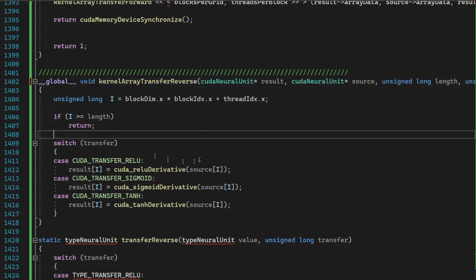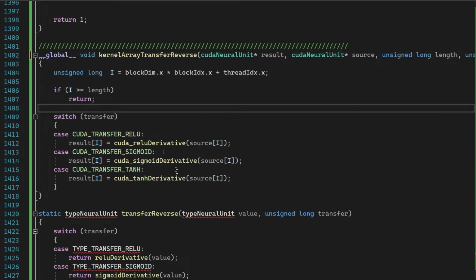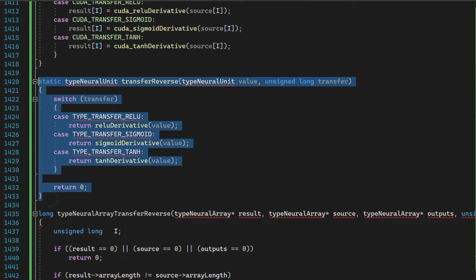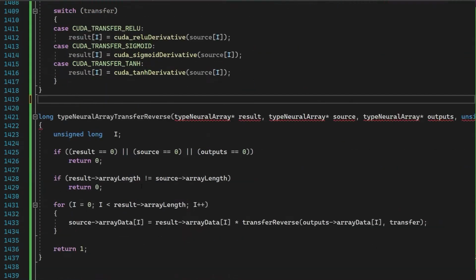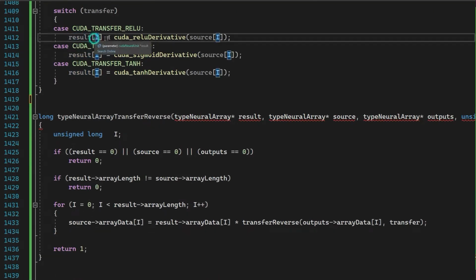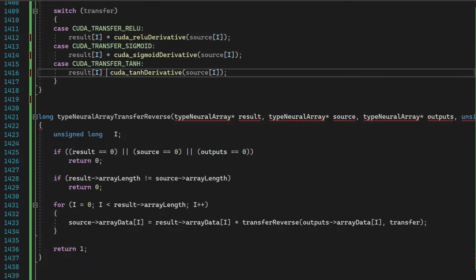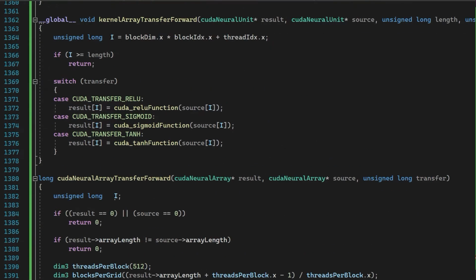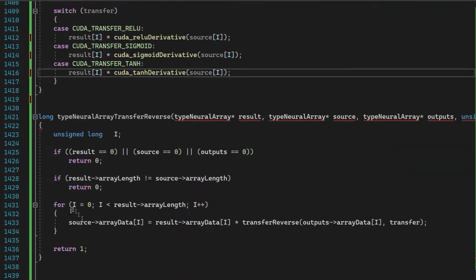Okay, if I call length switch transfer reverse. Okay, so this part right here is mostly correct, so we don't have to worry about it. Now the problem comes down here. So we replace source, CUDA type, sigmoid derivative. Why does it say sigmoid derivative? Oh, because you changed it. I completely forgot. Okay, so it's source times